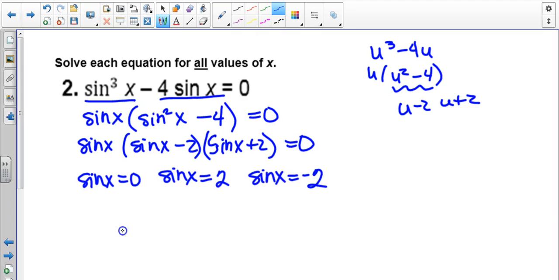Anybody have little alarm bells going off in their head yet? Can sine ever be 2 or negative 2? Picture the graph. It only goes up to 1 or negative 1, right? We get to throw all these away. The only way that this is true, that sine cubed minus 4 sine x is 0, is where